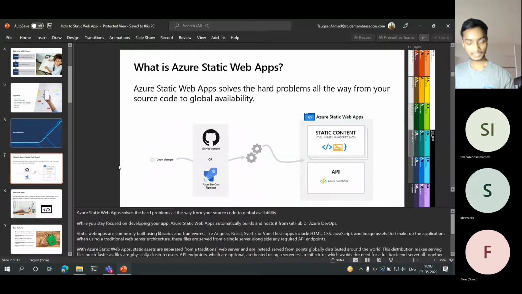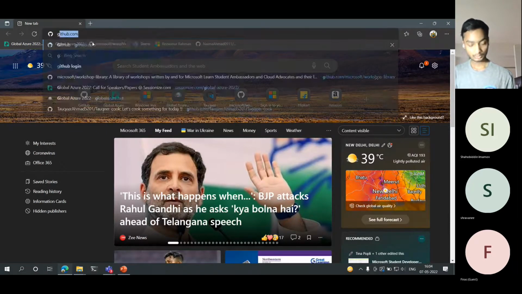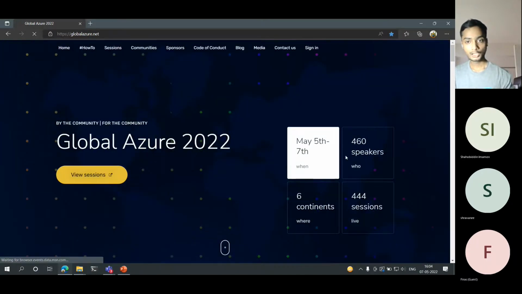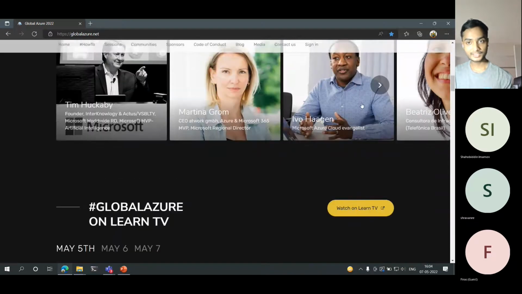So I do want to explain this concept to you people. Before getting into web applications, I do want to impart knowledge of static content, GitHub Actions, and DevOps. A little bit of DevOps, nothing more, nothing hard. So what we do is, we have a website, anything like Global Azure, and we are on this website, seeing all this content and interacting with all these things and features.